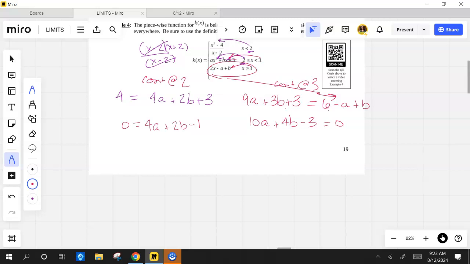However, if you're an elimination person, eliminate away. You can multiply that first one by -2. Add them together. All right, I'm going to